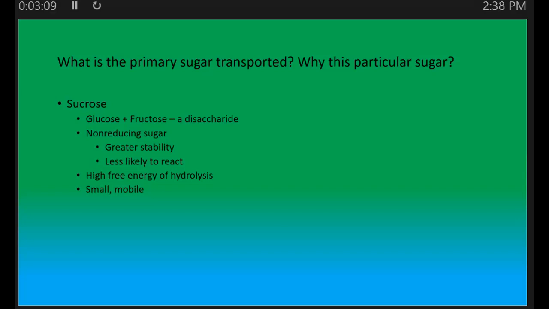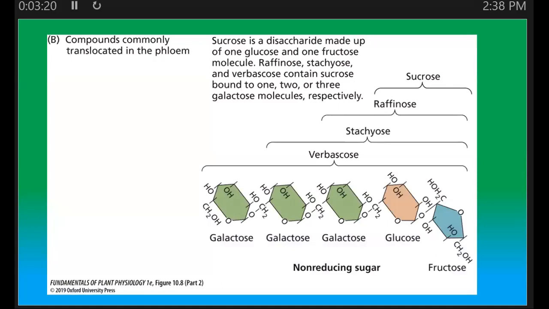So they find when they analyze the contents of the phloem, sucrose is the number one sugar. There are other things flowing around in there, though. There can be some other sugars. This is showing some examples that they can find. And it's not every species necessarily, and it depends on the conditions. But the vast majority of any sugar, it's going to be sucrose. And then there can be some other stuff, some little proteins and hormones. We can see hormones in the phloem. And so it's not just sugar, but we tend to focus on sugar because that's the majority of what is